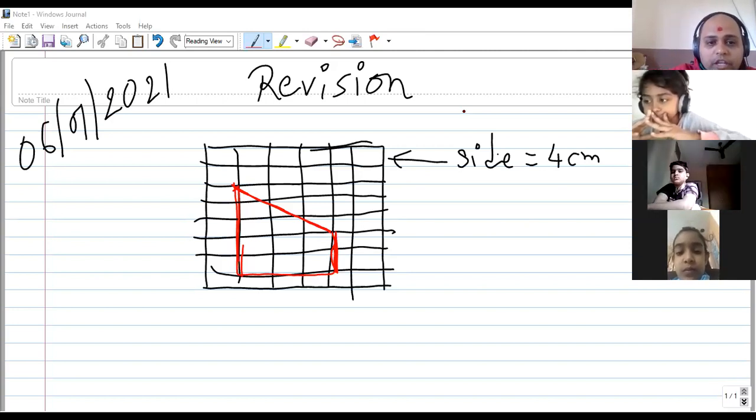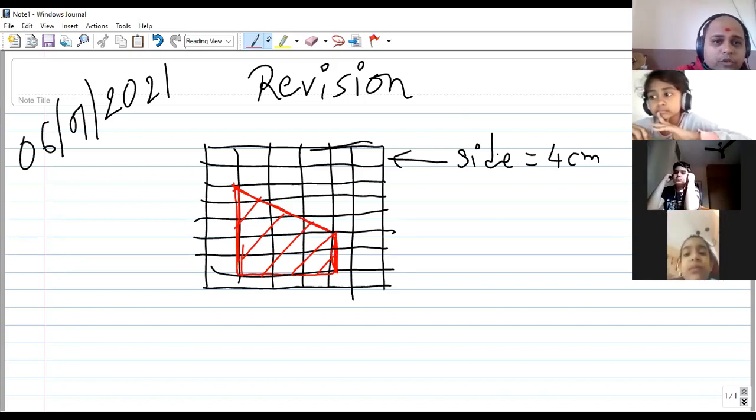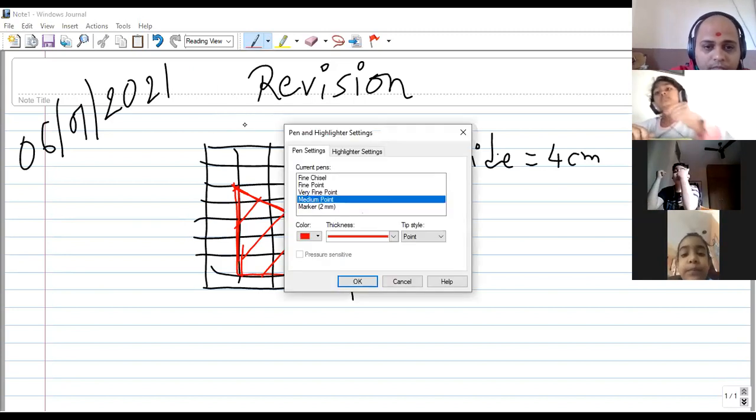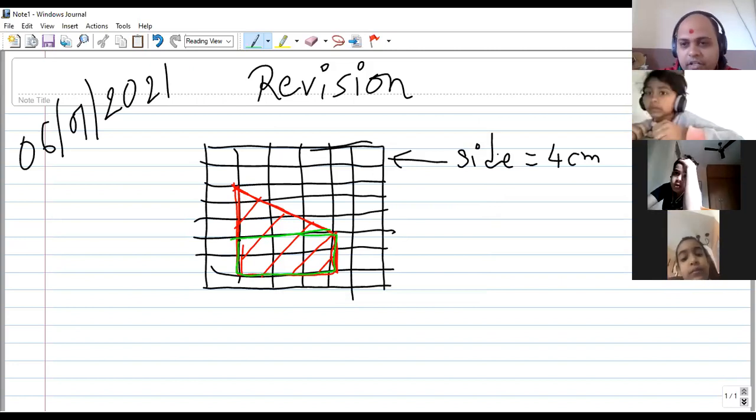That means we are talking about the total area of this shape, right? Total area here. Okay, now how do we find that? Now hold on a second, let me explain. I'm going to use a different color pen to identify two different things. First we will talk about this rectangle only.